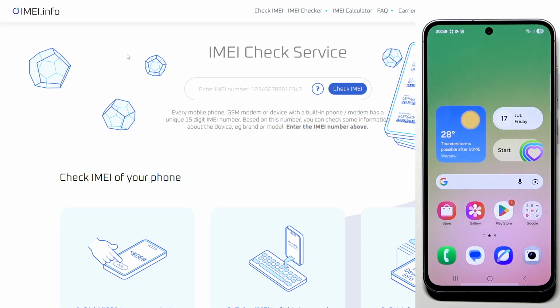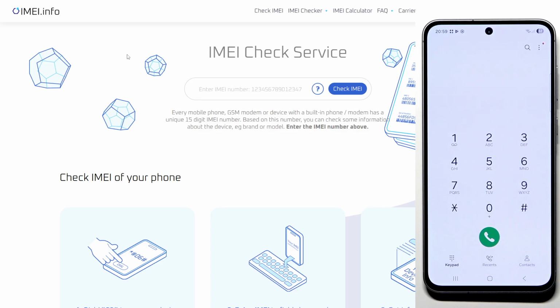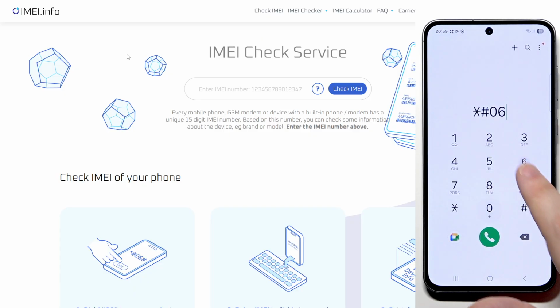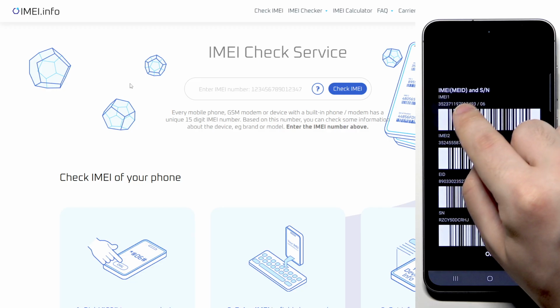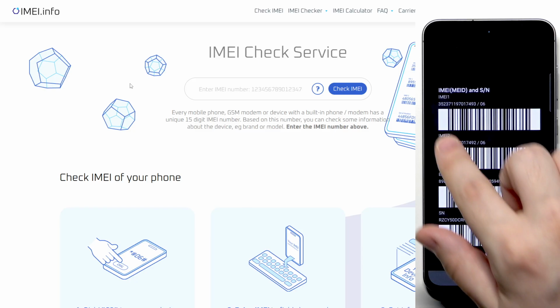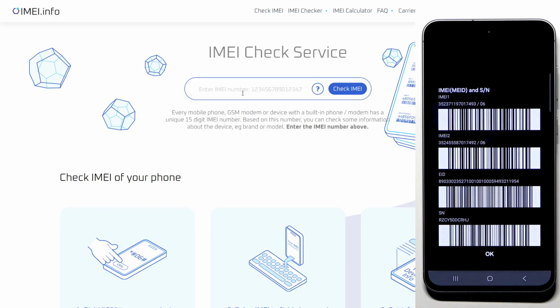Okay, we are on our page imei.info, and first we need to check what is our IMEI number. You gotta open up the phone app and then type *#06 and hashtag. As you can see, it has appeared in here. Those numbers from the top, and then enter this IMEI number in the page and click on Check